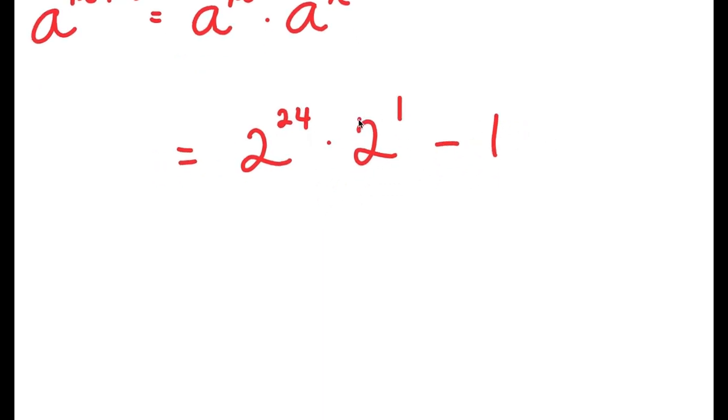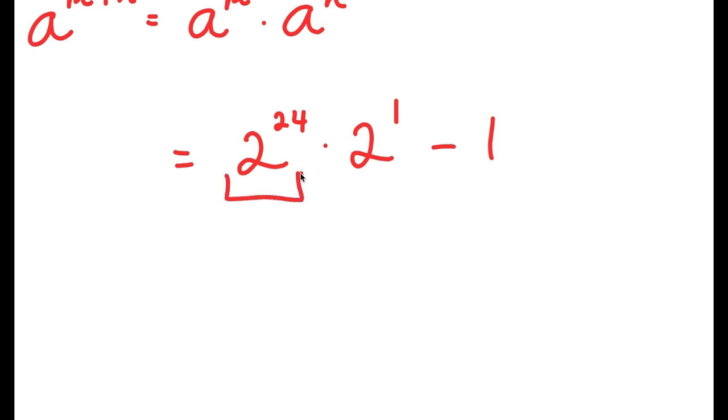Now basically our goal throughout this video is to change our values to be as small as possible, so then at the end we can do whatever we need to do with them to get our final result. So 2 to the power of 24, how do we simplify this and make it even smaller? I can rewrite this as 2 to the power of 12